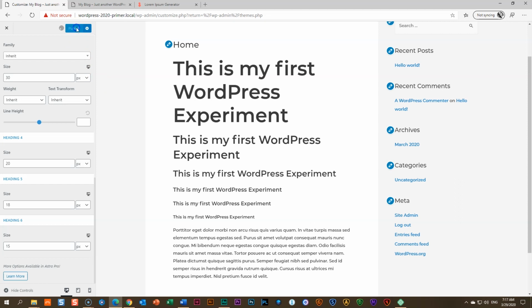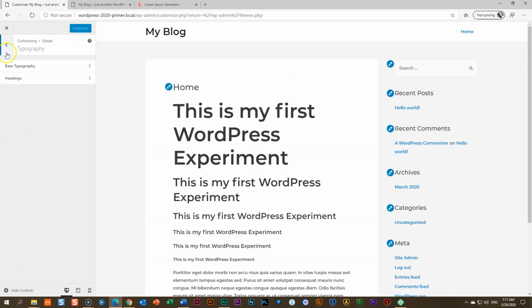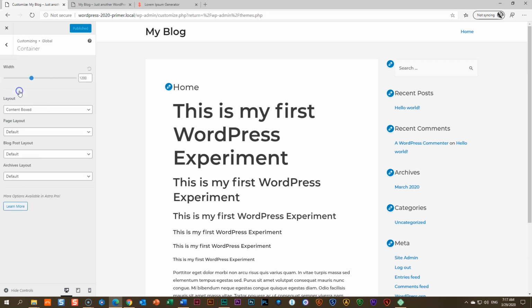So I click here on Publish and go back. So we've set up the base typography and we've set up our headings. We go back one more. Here we have control over colors. We'll talk about colors a little bit later, so we'll come back to that. The one we'll talk about now is the container. Container, click on that,